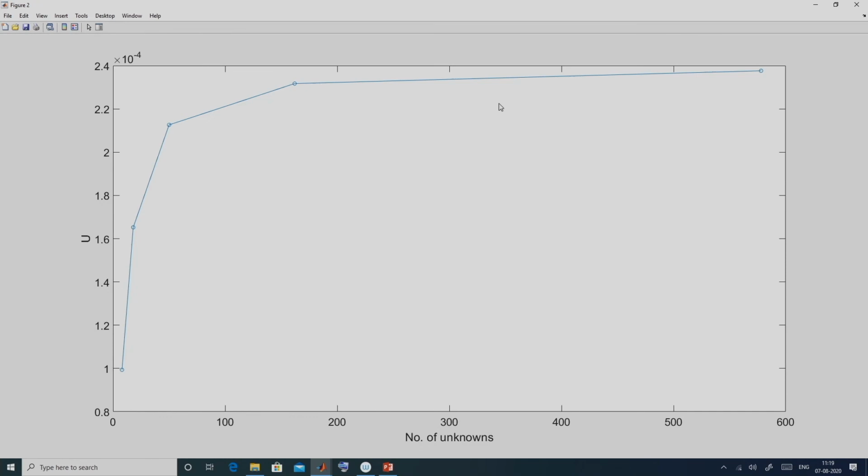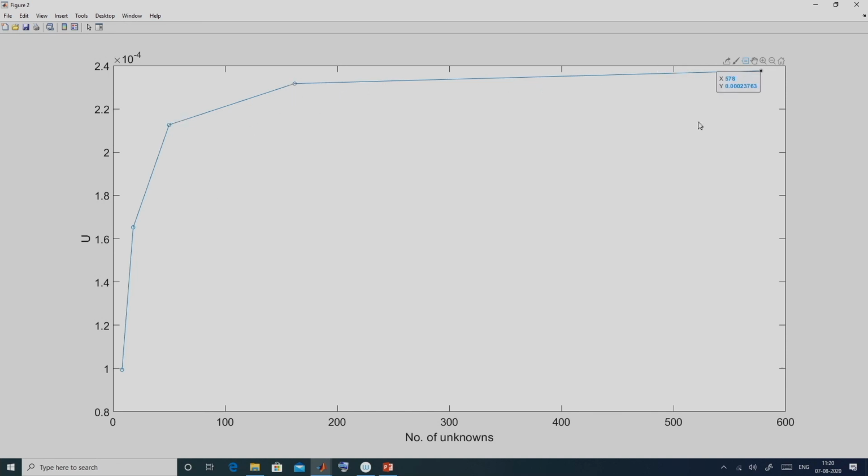Before going into the next topic, let me show you this plot where I have shown the number of unknowns versus the potential energy, that I have already shown in the code how to calculate. Here if I put the data tip, as you can see, at the beginning we have only 8 unknowns because we have one element. At each node we had 2 unknowns. There are 4 nodes, so we have 8 unknowns, and initially the strain energy increases as the number of elements or the number of unknowns increases, but after some time it becomes flat.